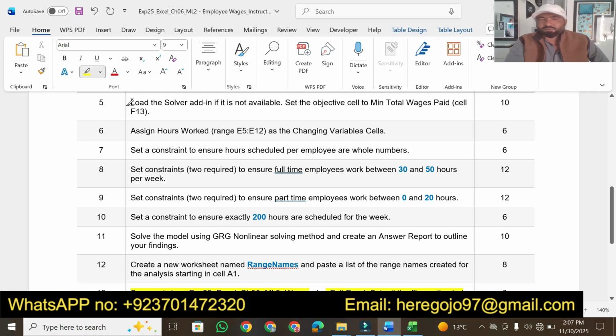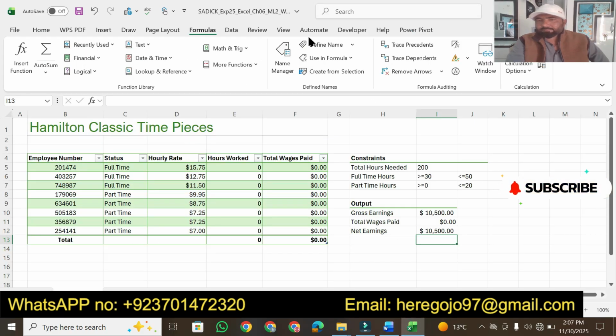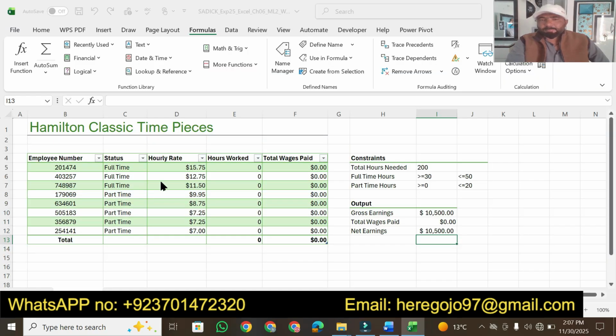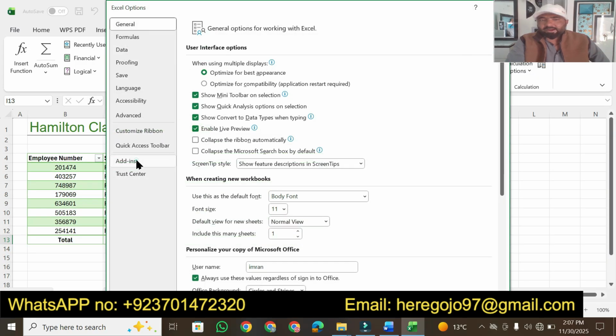So till now we have earned 30 marks. Now I'm just moving toward question number 5. In question number 5, load the Solver add-in if it is not available. If it is not available, then we have to add it. So how can we add it? Come here. First we have to click on File, then More options, then Add-ins,